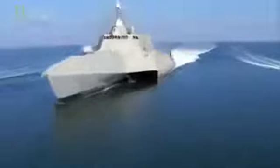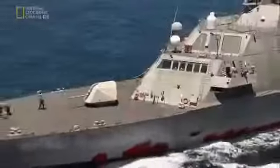Freedom and Independence, the first two ships of the class, are prototypes that the Navy is still refining. They are research and development ships, and